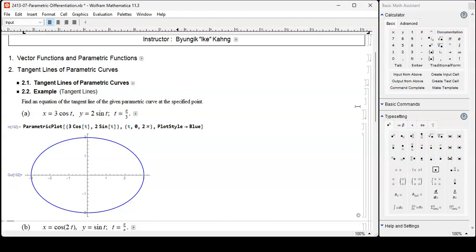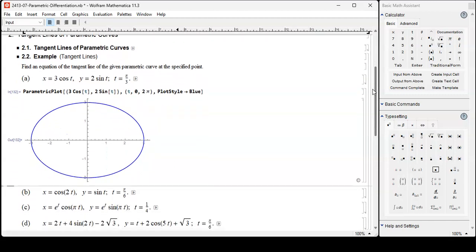So what do we have? We have this curve. That's a parametric curve given by this vector function or this pair of functions. You see this expression here, x and y are given as functions of t at pi over 3, this one here, and then this expression here,